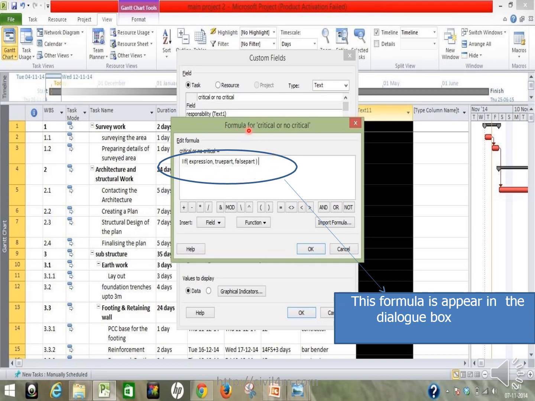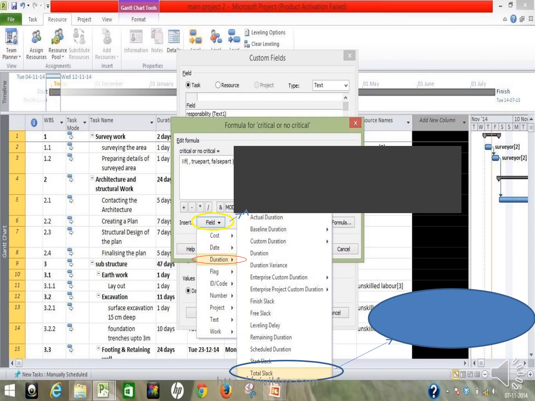See here, the formula will start appearing, whether the formula is for critical or non-critical. The formula appears in the dialog box. Here you can mark it as critical, non-critical, and so on, and then click on OK, so it will pick it up.